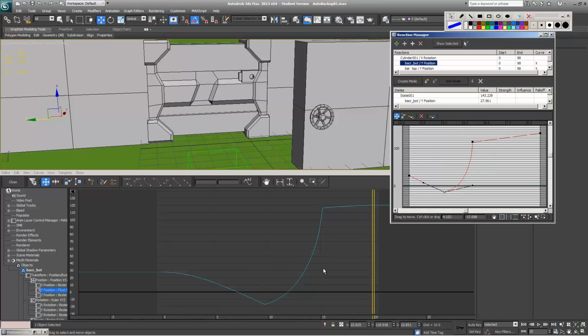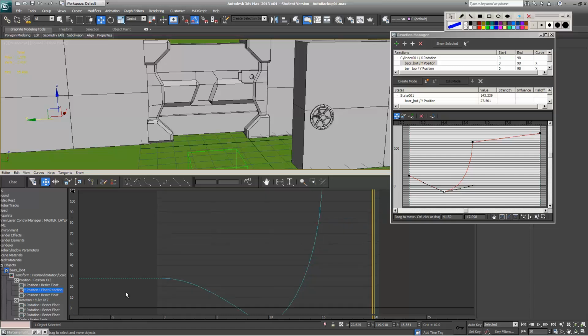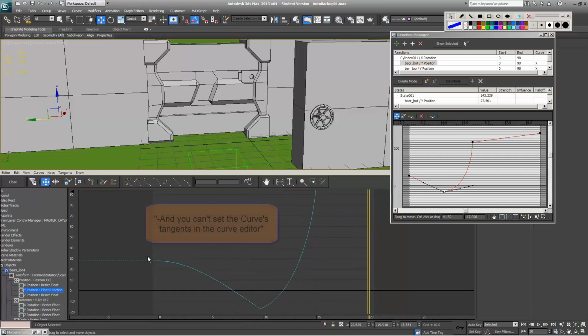It is similar over here on the graph as well. However, here it should be a straight transition without any kind of smooth. Here in the curve, you are seeing that the bar is translated smoothly. If this wouldn't be a float reaction controller, you would actually be able to click on the keys, if there would be some, and then go and change the tangents position and get rid of this smoothing in. However, because this is an external controller, you're not given those options and you can't set the tangents